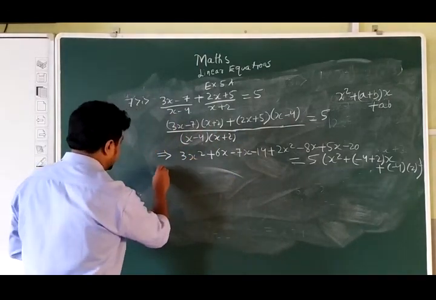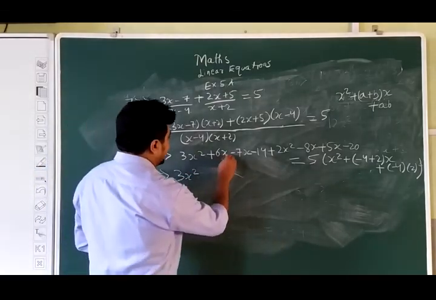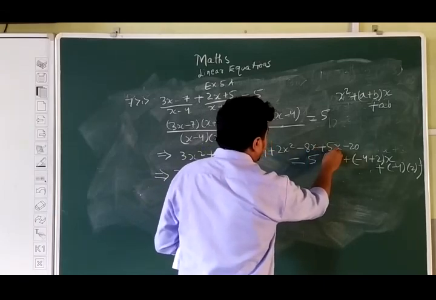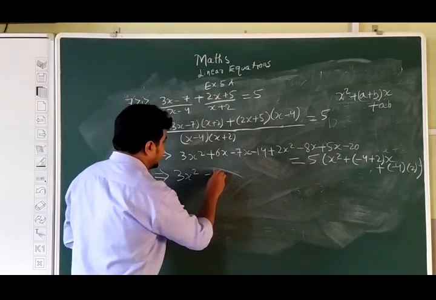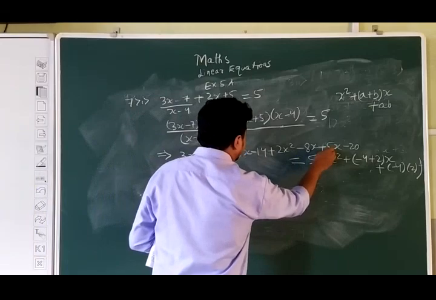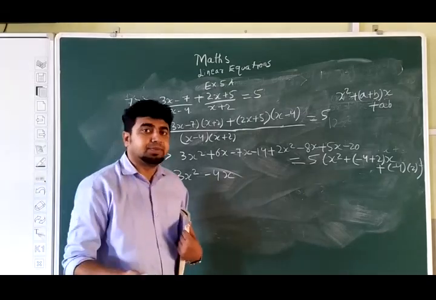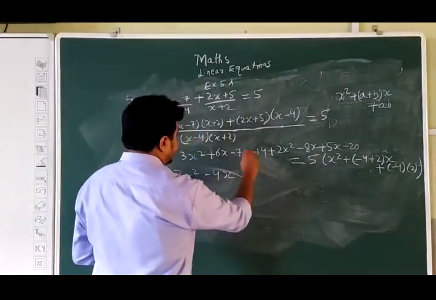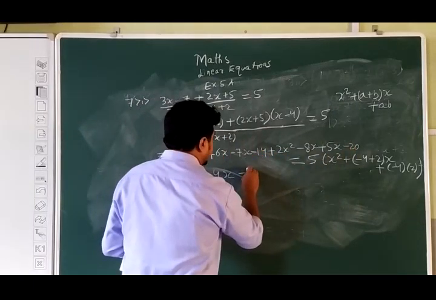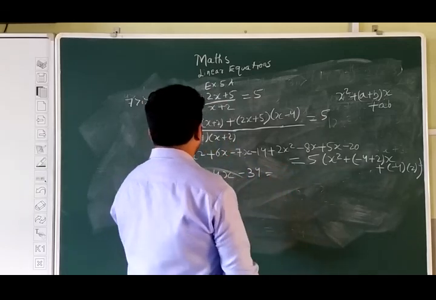3x square. Group the like terms together. 6 minus 7 is minus x. Minus 8x plus 5 is minus 3x. Means minus 4x will be left. If we calculate all the things, 6 plus 5 is 11. And this is minus 8x and minus 7x is minus 15. 11 minus 15 is minus 4x. I calculated directly. Minus 14 and minus 20 is minus 34, and from here this is coming out to be,